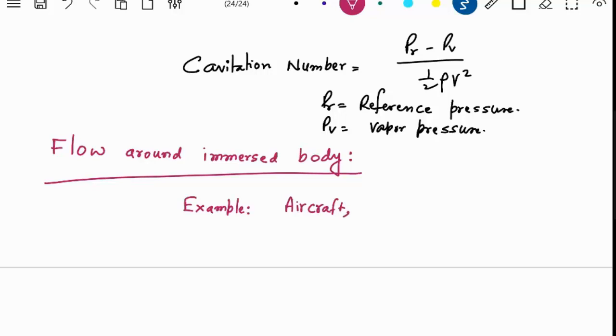or you can have wind flowing around buildings. So this is also an example. You can have an automobile. These are examples in which the fluid is flowing around the structure, or in other words, the same thing, you can move the structure and the fluid may be static. So basically, relatively both are the same thing. Either you move the fluid or you move the object.